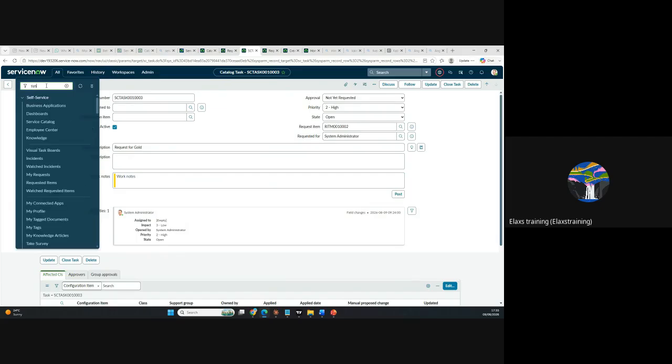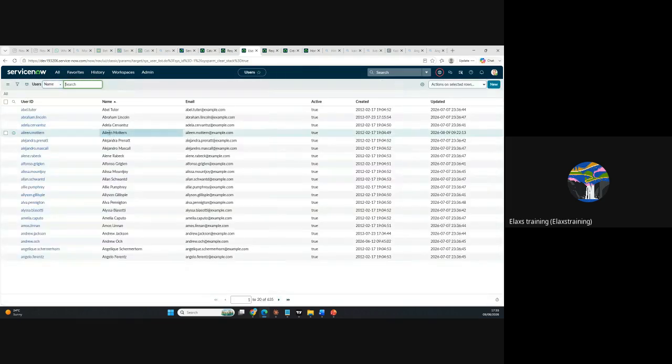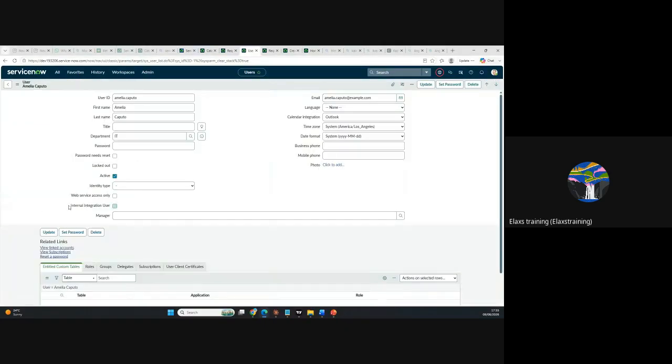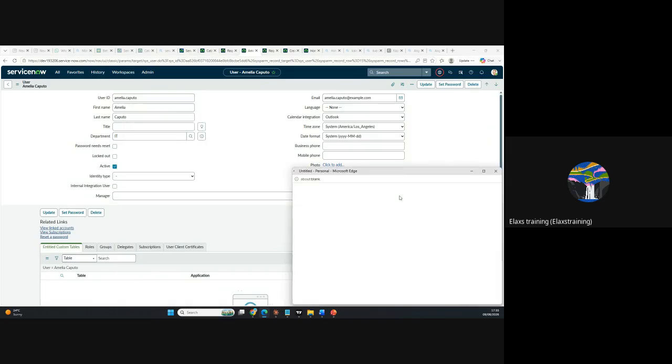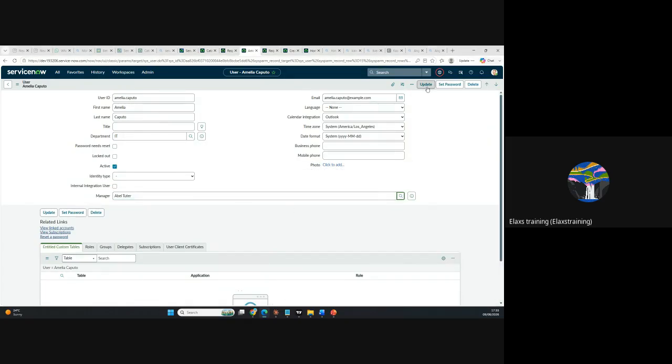So I can just go sys_user_list.do. All right, so I want to go with Emilia Caputo. Might have murdered the name, but I'm going to give Ebututa as the manager and I will update